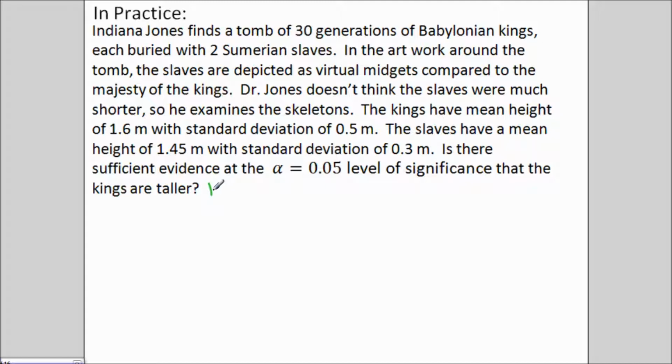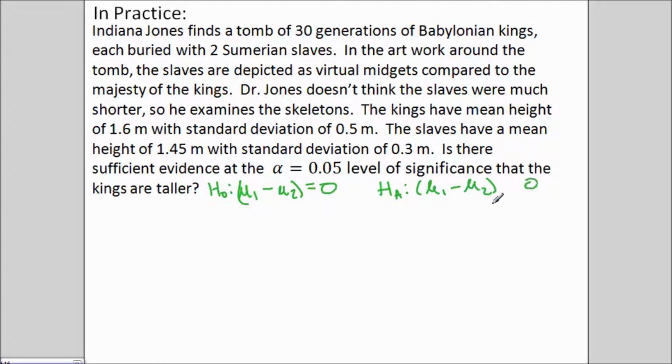So, now, normally you can designate either sample, right? We have 2 independent samples, the kings and the Sumerians. And we can designate one of them as 1, one of them as 2. And normally, it's not much of a difference, except in this case, we've been asked if one is taller than the other. So